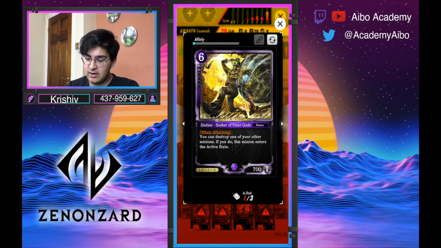Next we have Zintine, Seeker of False Gods. When attacking, you can destroy one of your other minions. If you do, this minion enters the active state. This card has a lot of potential, I think, and if you're able to give it good enough protection that